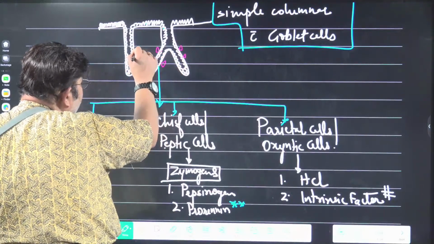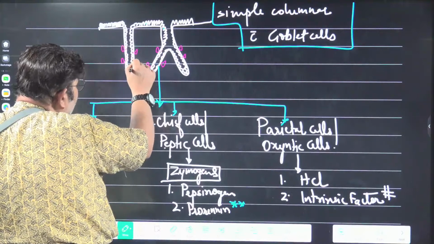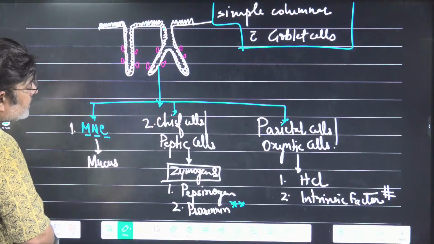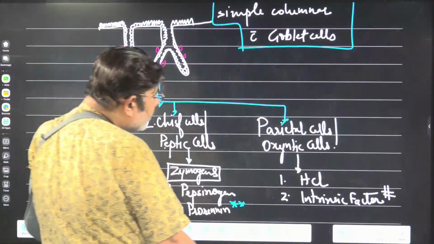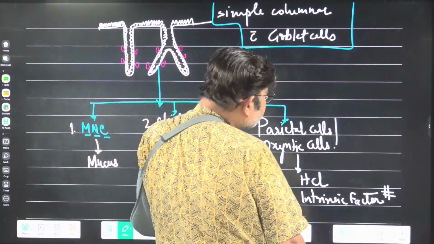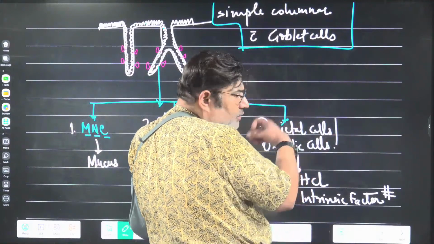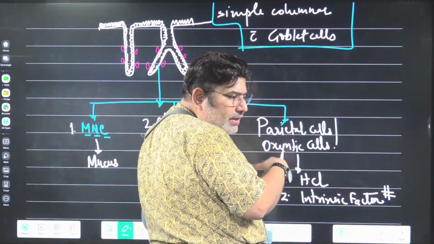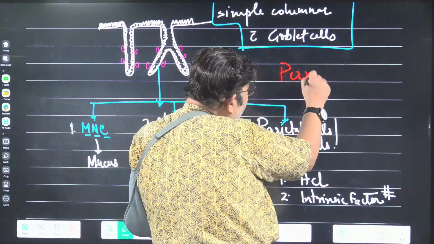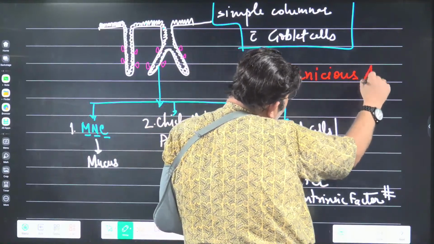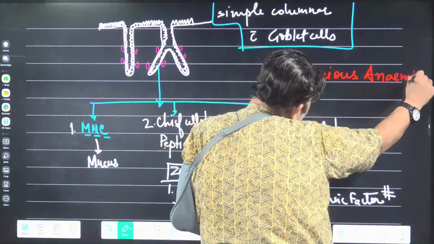They produce two substances. One is hydrochloric acid, and the other one is intrinsic factor. This is Castle who described them, therefore people also call it Castle's intrinsic factor. This is responsible for absorption of cyanocobalamin, and in its deficiency, even when you give them cyanocobalamin orally, they are still deficient. This type of anemia is called pernicious anemia.